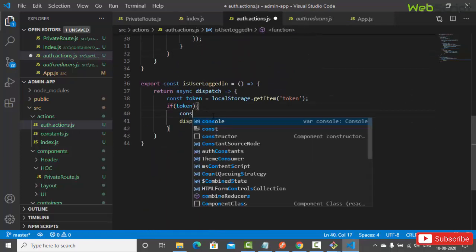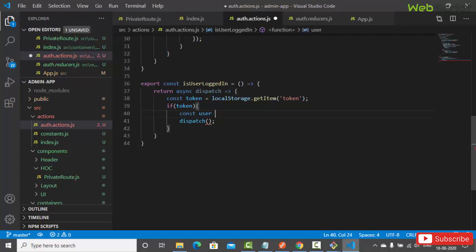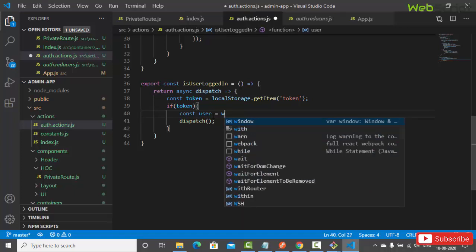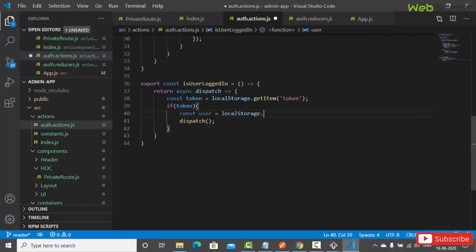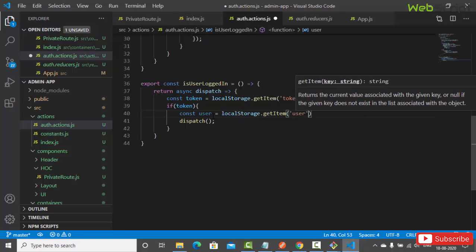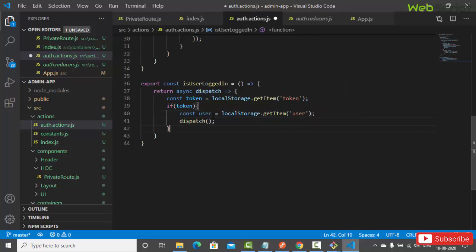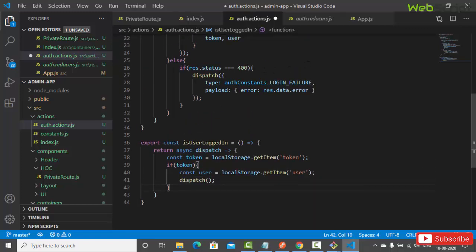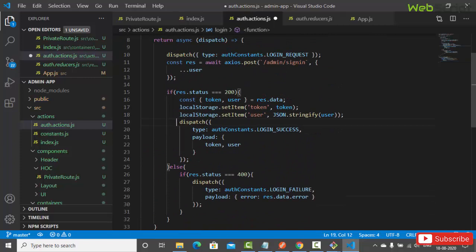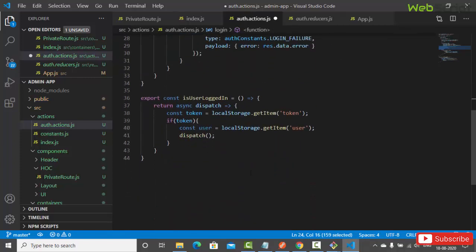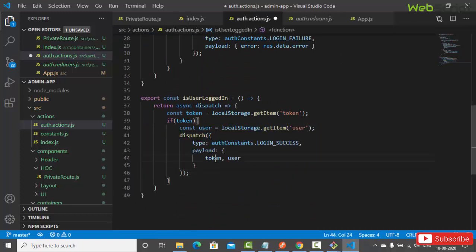So let's access const, and we'll say user equals to window local storage or window, anything is fine, get item, and here you can say that is user, right? And here we are going to dispatch the same action, this one actually. So let's copy this, copy. Now let's go and paste over here, and here we have got token, we have got user, else case,